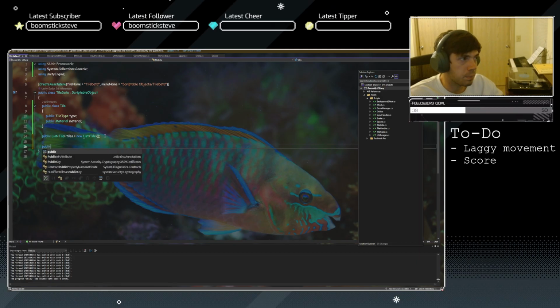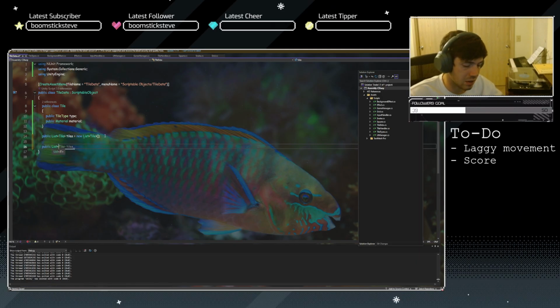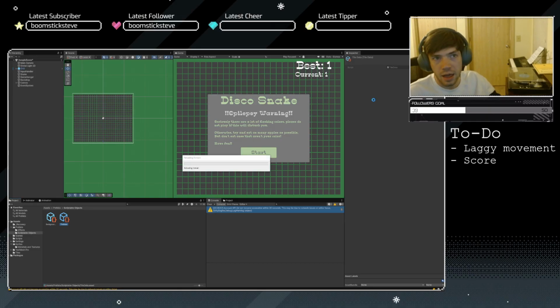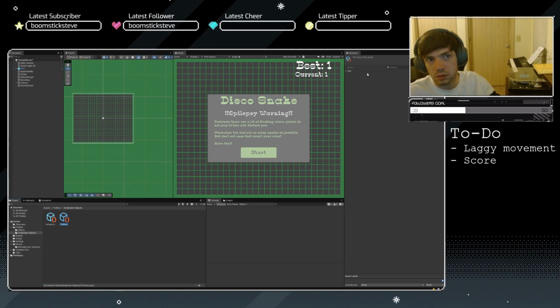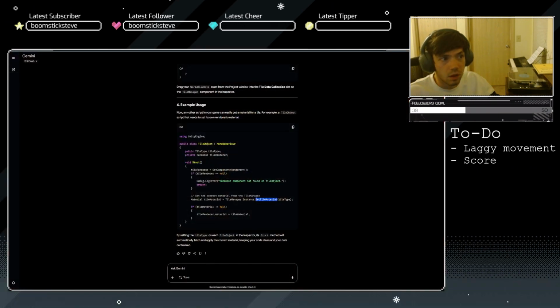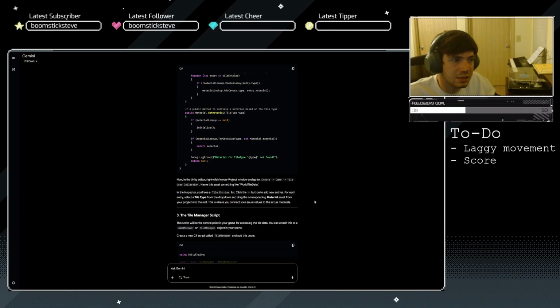If I do like a public list of integers, and I call this, yeah, sure, do that. That would probably show up here. Yes. Ooh, I guess it would. So that's the problem is